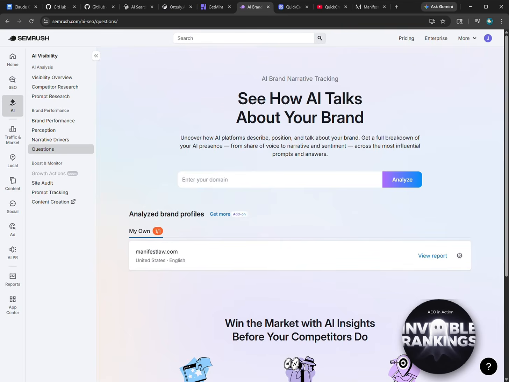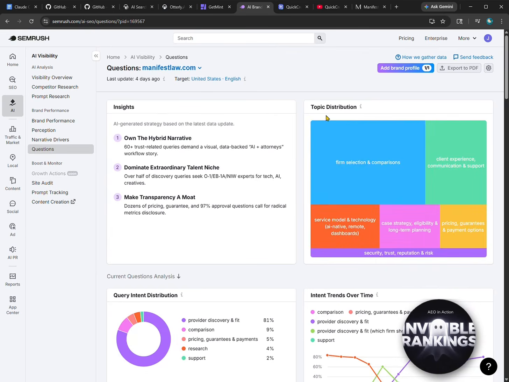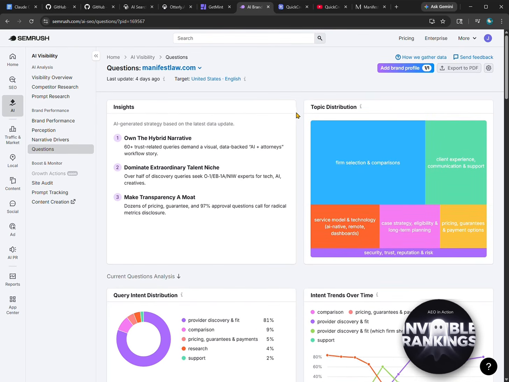Another thing is to see how AI describes your brand. After you type in your brand domain, it will give you a bunch of topic distributions. You can see whether this is the brand image that you're looking for. For me, we're showing most in firm selections, but our authority in service model, case studies, and other stuff, trustworthiness and security, we need to boost those kind of authorities. So that's where we're gonna go further